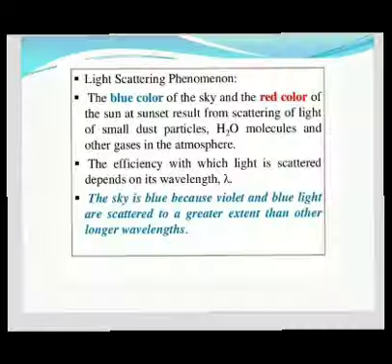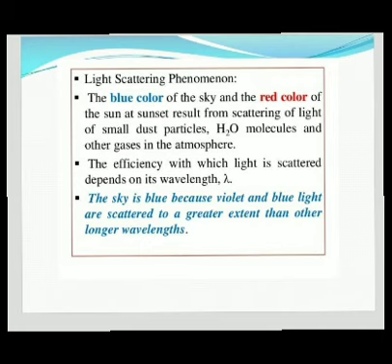As an example of light scattering, our sky looks blue in color. The blue color is due to scattered light. In the atmosphere there is the presence of H2O and other particles.